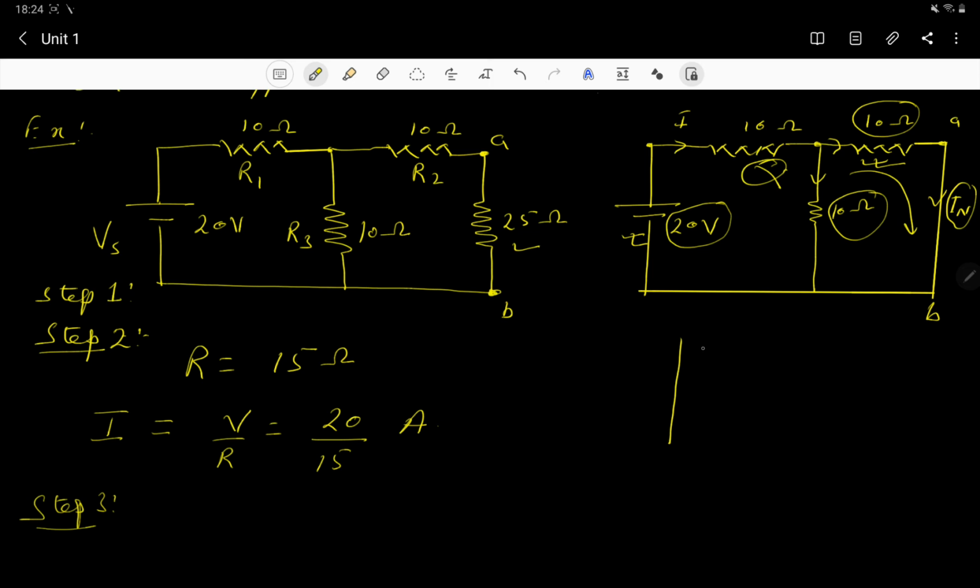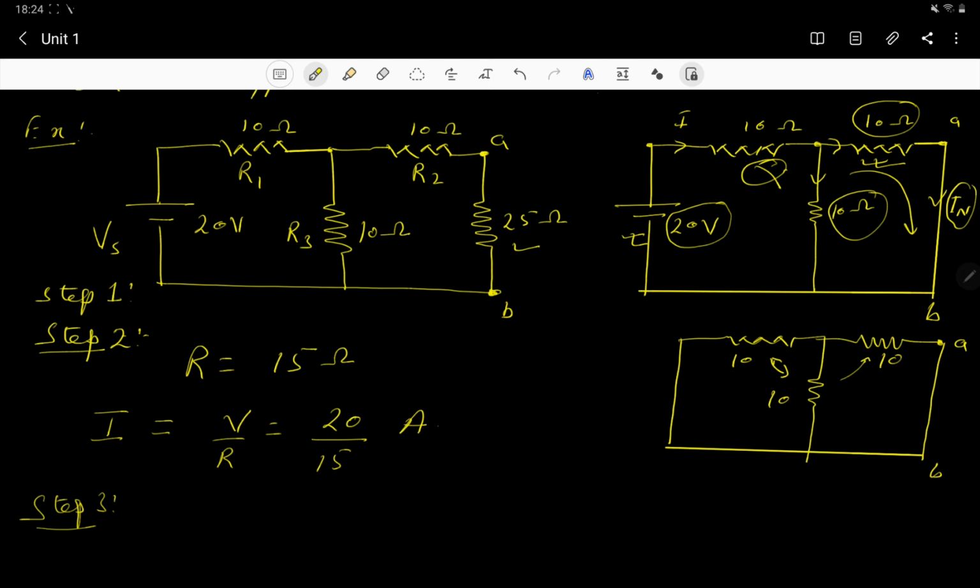short circuit this, because this is the voltage connected over here, and then the resistance is here, and again this resistance must be there. So across these terminals A, B, if you want to find out the resistance, this resistance 10, this resistance 10, and this resistance 10, both of them are in parallel, and this should be in series now. Similarly, Rn will again come out to be 15 ohms. The same procedure we will apply over here.